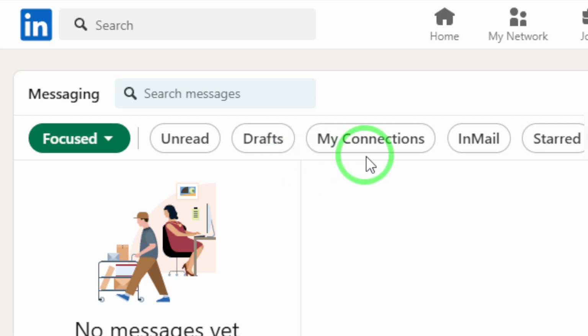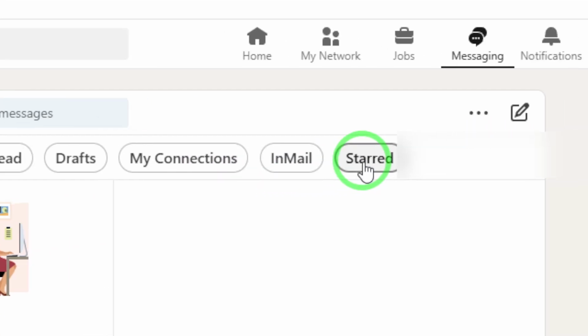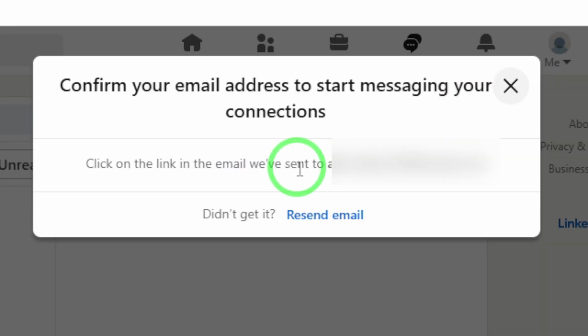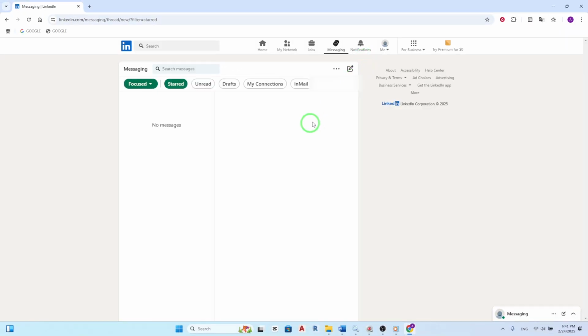Now that you're in the Focused section, look for the Starred option. Click on it to filter your messages further. This feature allows you to quickly access conversations that you've marked as important or noteworthy. It's similar to how you might star emails in your inbox, making it easy to revisit crucial discussions without scrolling